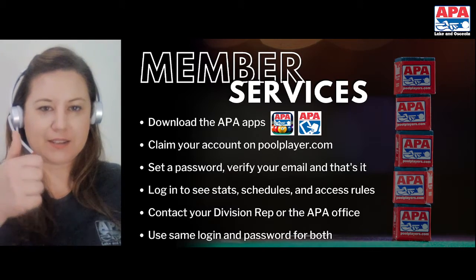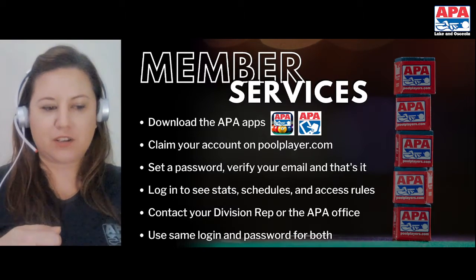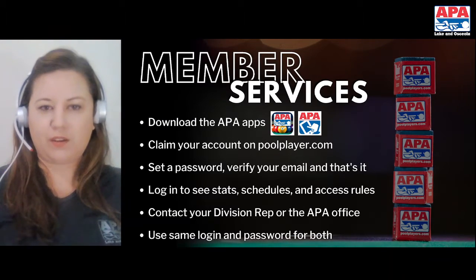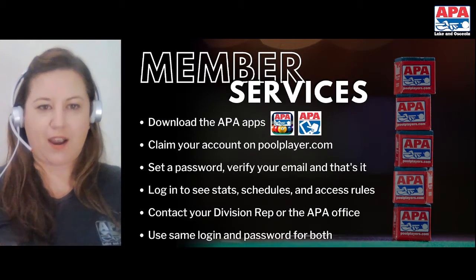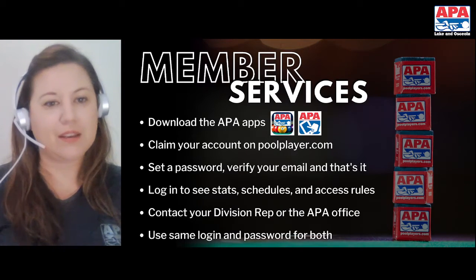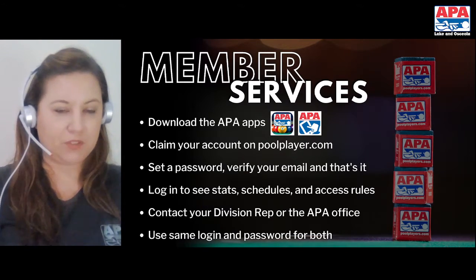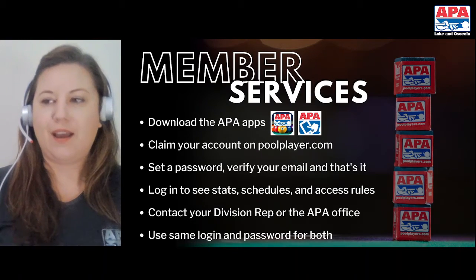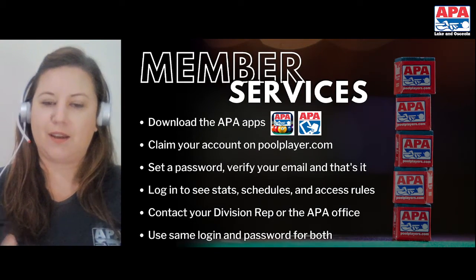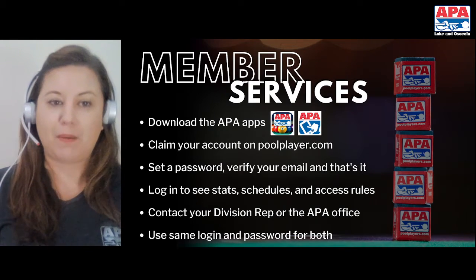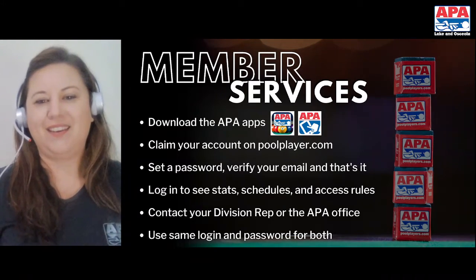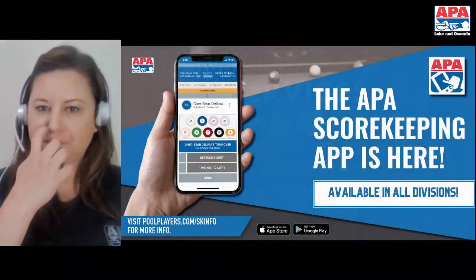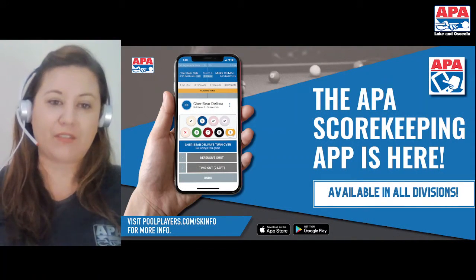You literally tap on the name of the player in the roster, you tap on the name of the player they're playing against, and it sets everything up for you. As long as you're keeping track on the electronic Scorekeeper, it's going to mark the innings and total up your innings for you. It's going to have proper player numbers written out. All that's going to be automatically populated for you, so you don't have to worry about it anymore. It's great. So if you have any issues setting those up, give us a call. We're happy to help. Again, it's available in every division.